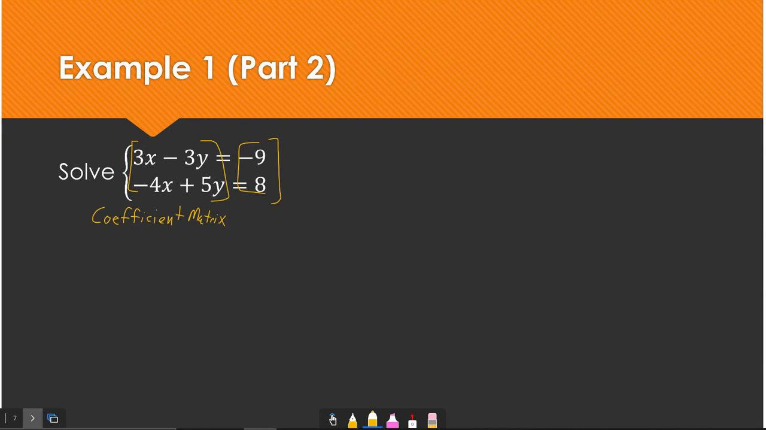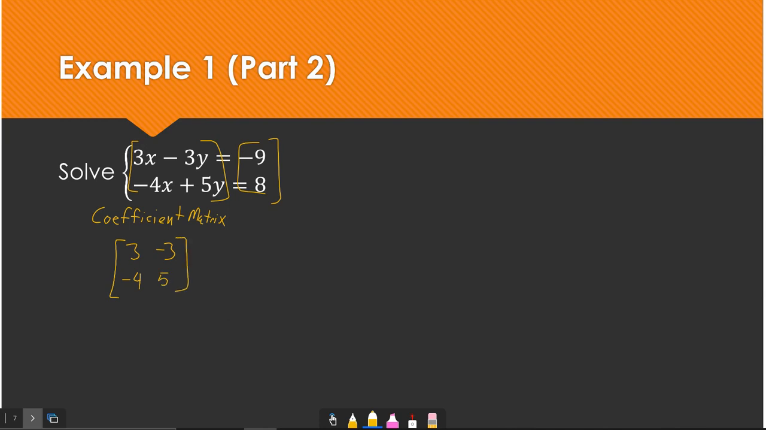So our coefficient matrix is going to be, in this case, a 2 by 2 matrix with our coefficients. And I need to make sure that my x's are lined up and I have an x and y in each equation. So I've got 3, -3, -4,